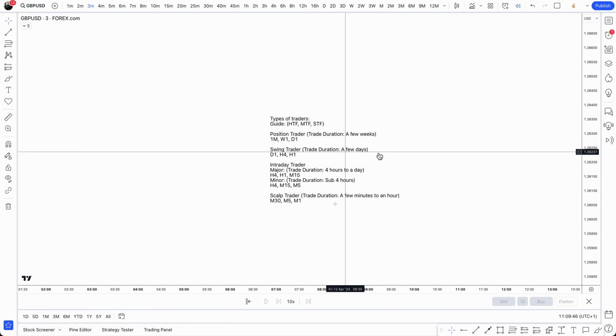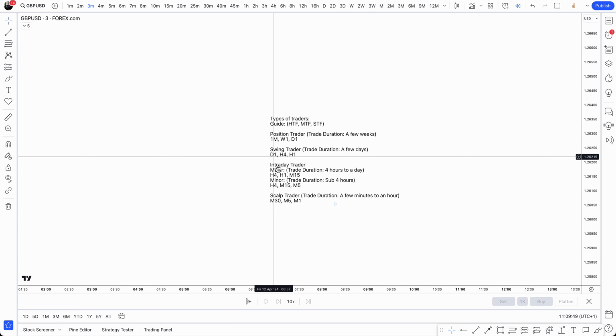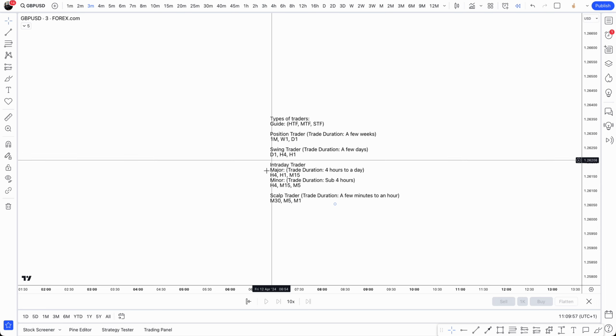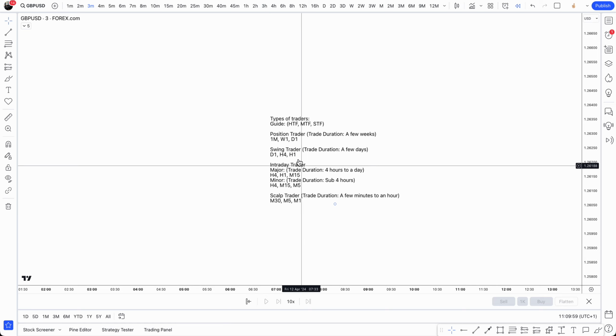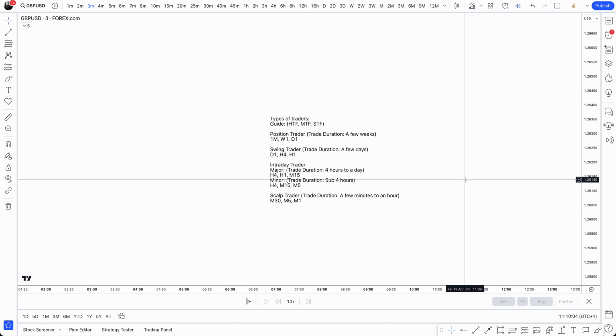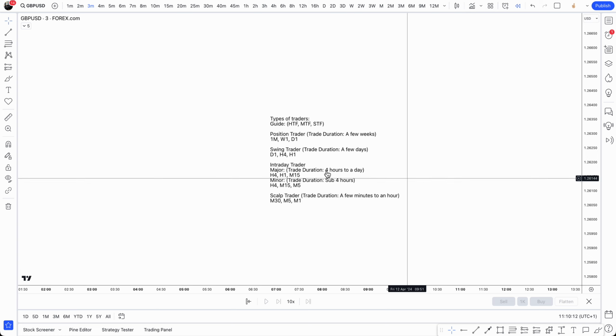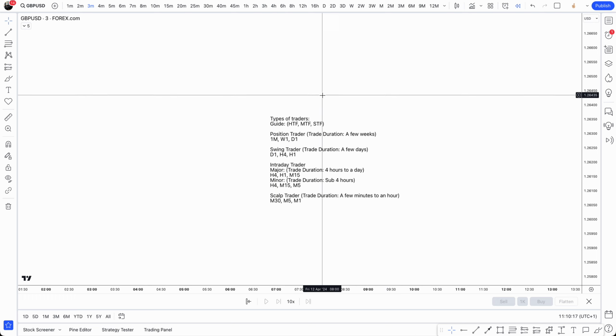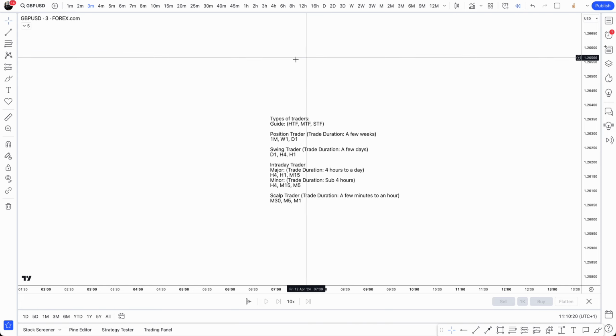Swing trader will be a few days up to a week, and your time frames will be your daily, your H4, your H1. You'll typically execute on your H4 and your H1s, and your daily will be more for your longer term analysis, and these will be for your externals and internals within the daily time frame. You have to remember as well that all time frames are fragments of data in different realms. So basically, if you're looking at, say, the monthly chart, you're seeing the exact same data, just more of it on, say, the daily or the hourly or the 15-minute or the 1-minute.